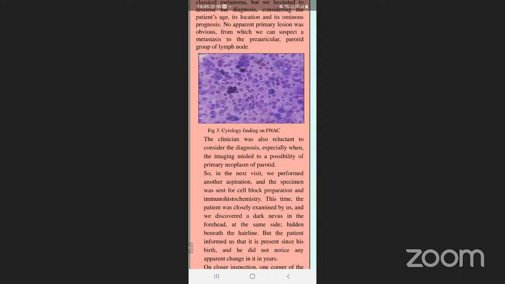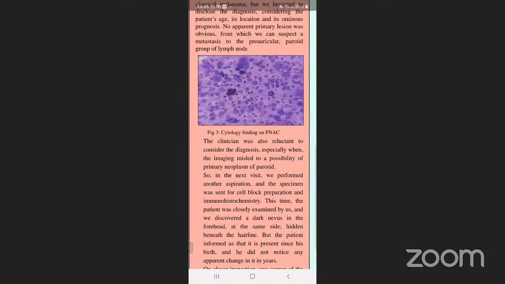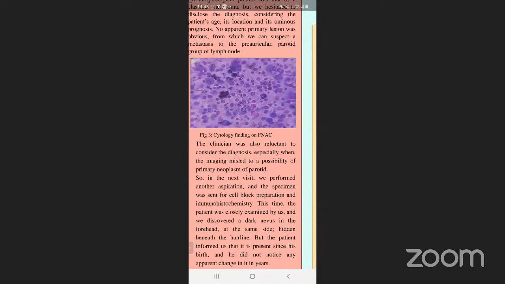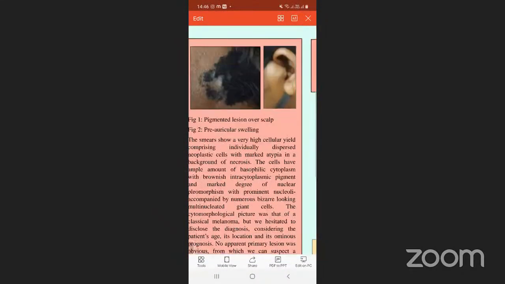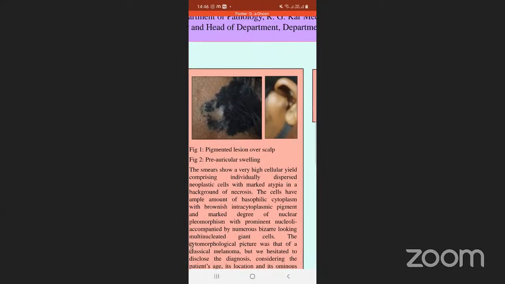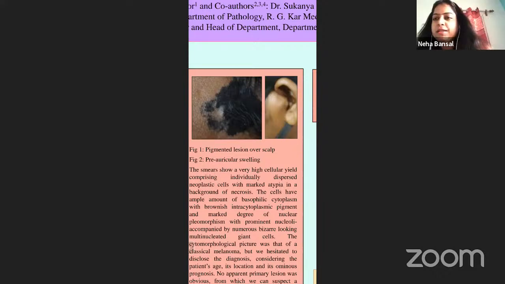This time, on careful examination, we discovered a dark nevus in the forehead at the same site, hidden beneath the hairline. However, the patient told us it had been present since birth without any noticeable change in the years. As we examined closely, one corner of the lesion showed an evolving area